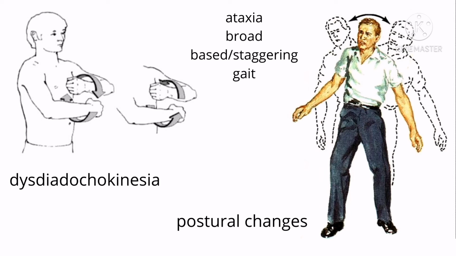Dysdiadochokinesia is the inability to perform rapid alternating movements, for example, supination and pronation. Ataxia is a general term which means the loss of coordination of voluntary movements, and in this we can observe a staggering gait, and a broad-based gait is also observed in which the person spreads their feet wider apart to